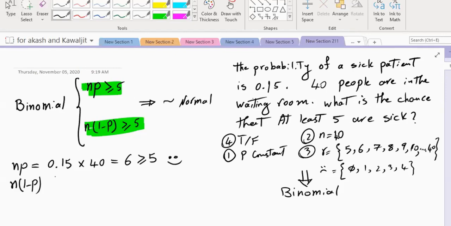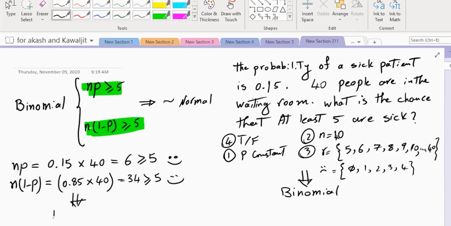So we have to now find n multiplied by 1 minus p. So 1 minus p is 0.85 multiplied by 40. 34. Is it greater than or equal to 5? Yes. Very good. So both conditions are satisfied. Then you will say,